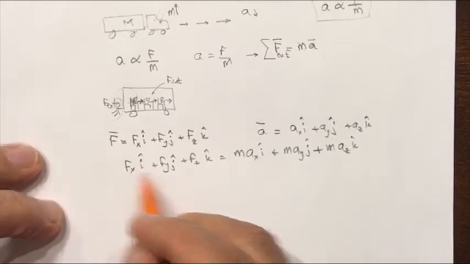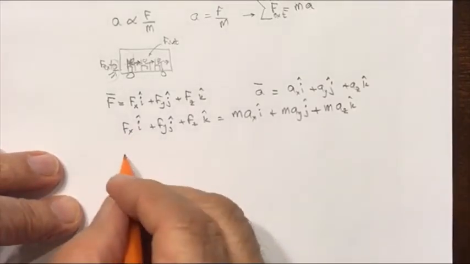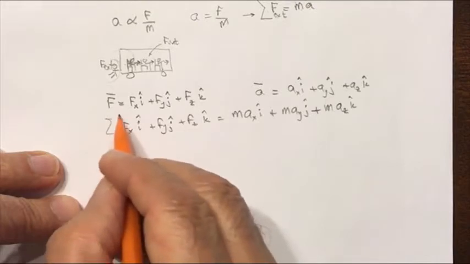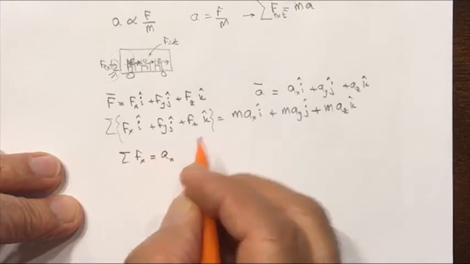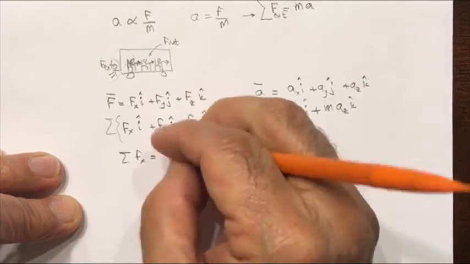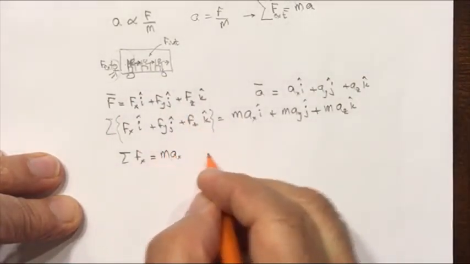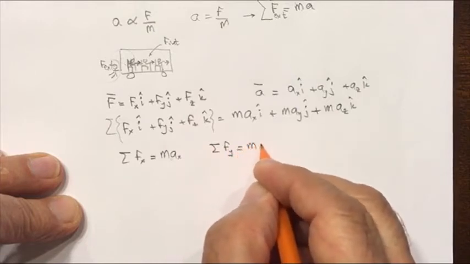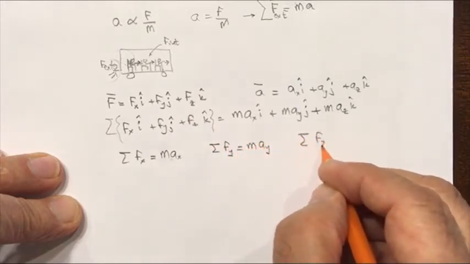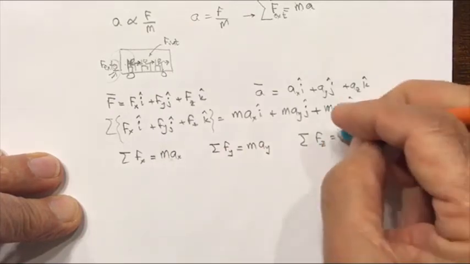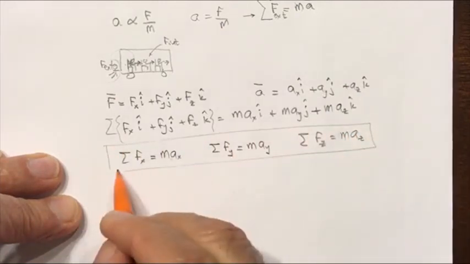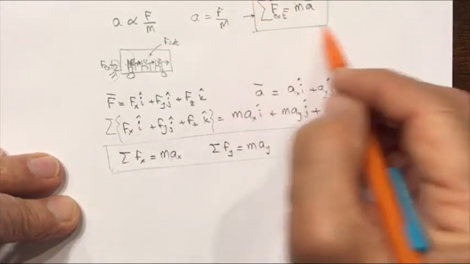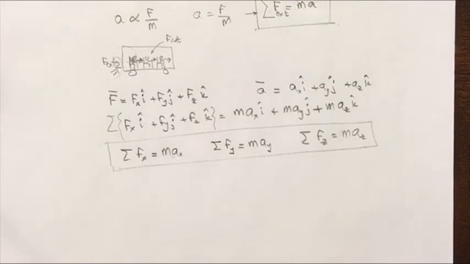Now, the i can only compare with an i, and the j can only compare with a j. So again, we can add the summation sign over here. We can say that the sum of all the forces in the x direction create an acceleration in the x direction times m. The sum of all forces in the y direction create an acceleration in the y direction, and the sum of all forces in the z direction create an acceleration in the z direction. And we will use these three components to solve our problems. Okay, so now we come to the third law,